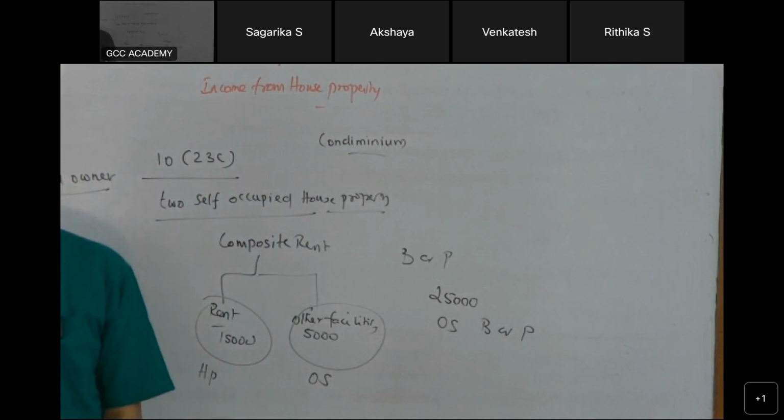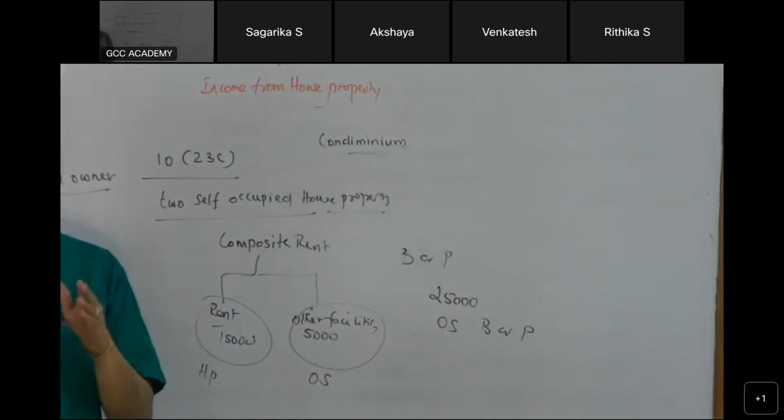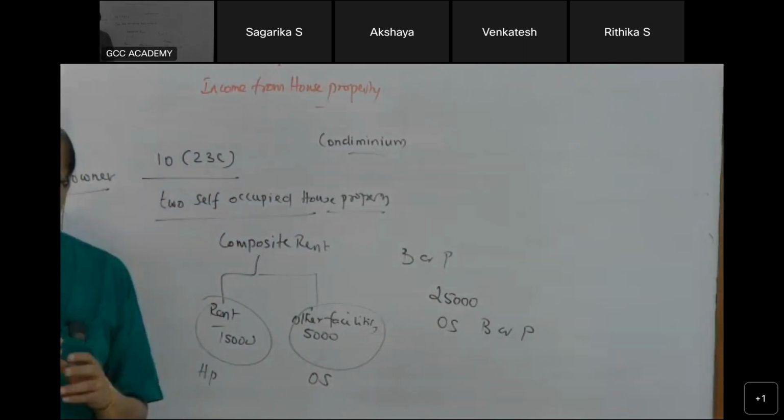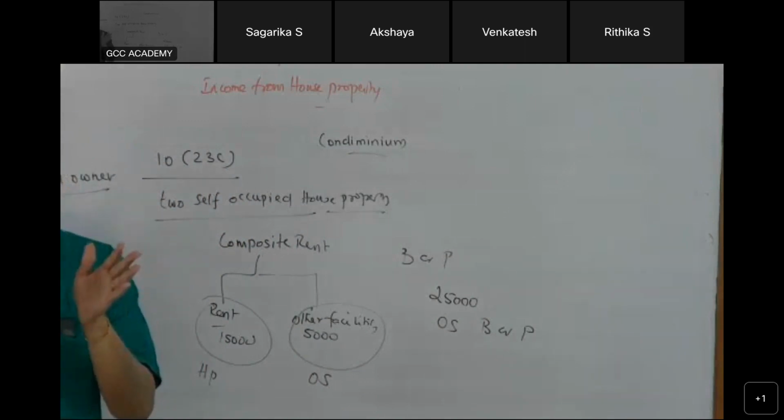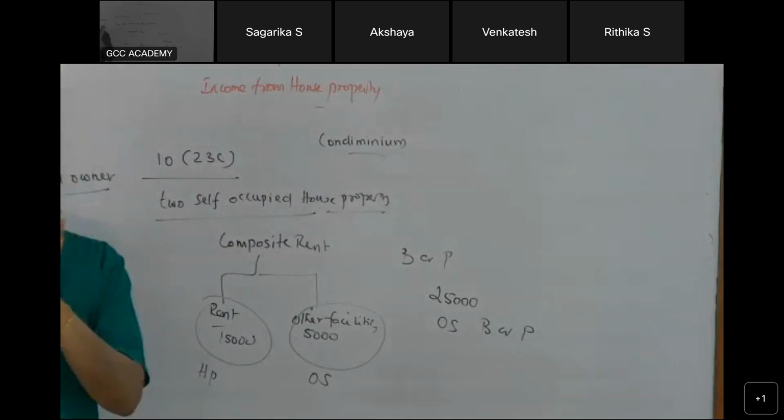But it's a divorce money. So Mr. X, what does he do? He transfers property to his wife's name without consideration. But this is under an agreement to live apart. Both are living separately, so he transfers. Then the clubbing provision does not come in, then deemed owner will not apply. Otherwise deemed owner will apply.